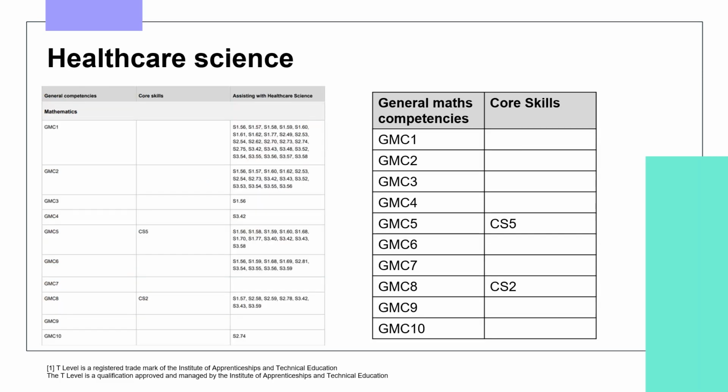And for the healthcare science T-level, we have embedded maths within core skill 2 on communication skills, with examples being selecting the most appropriate way of communicating, using images and other tools to clarify complex information, communicate benefits to stakeholders using calculations, diagrams, and data to reinforce these assertions,